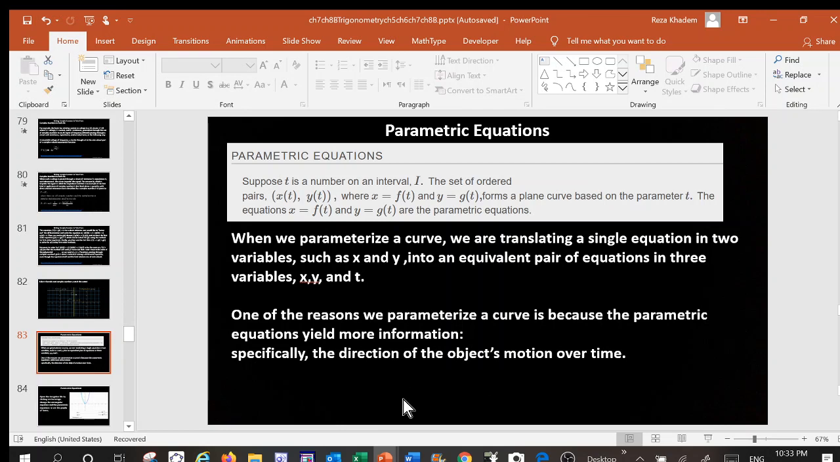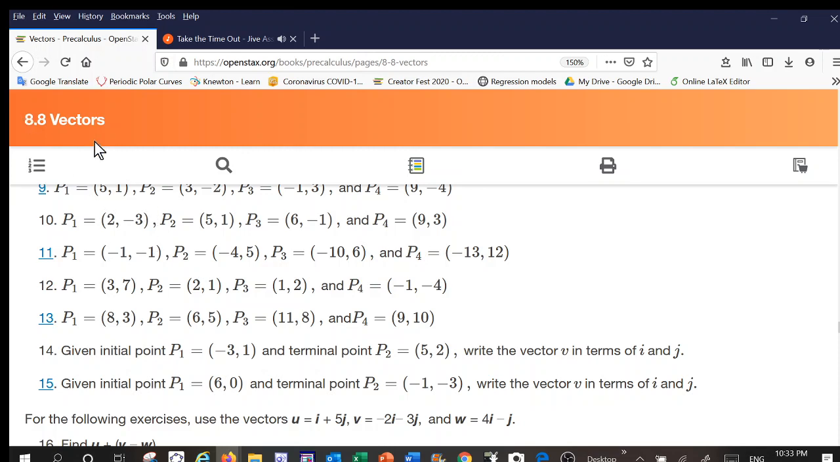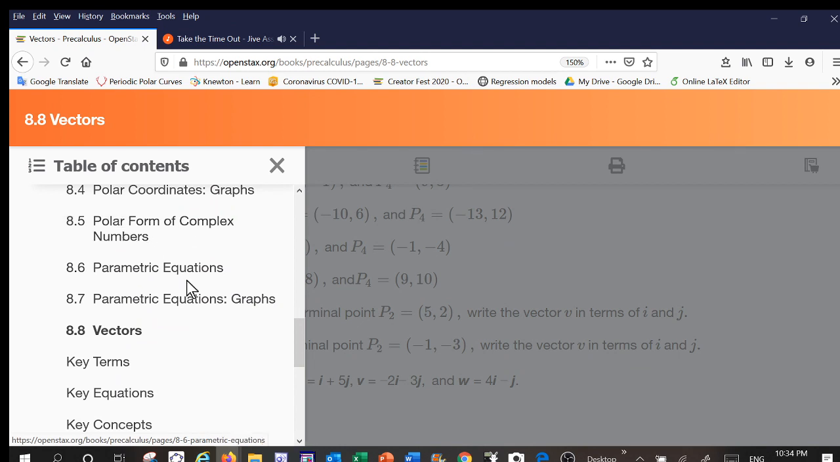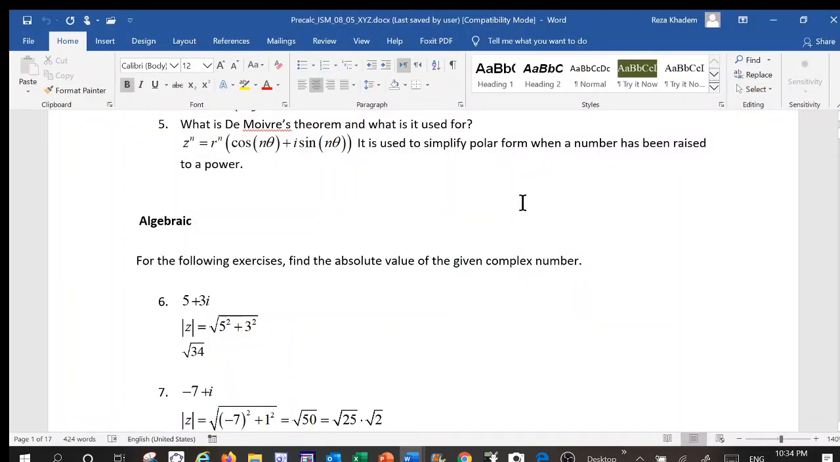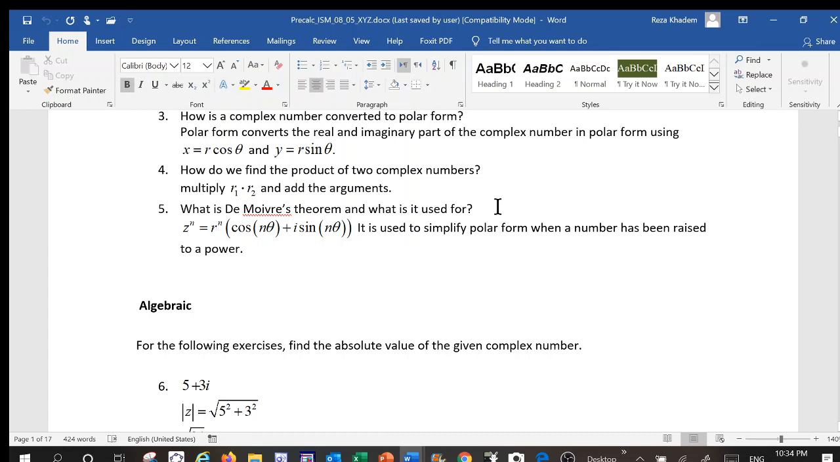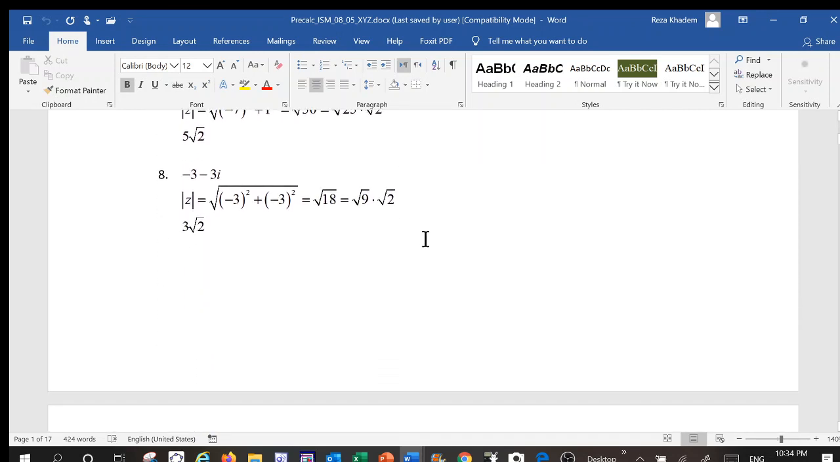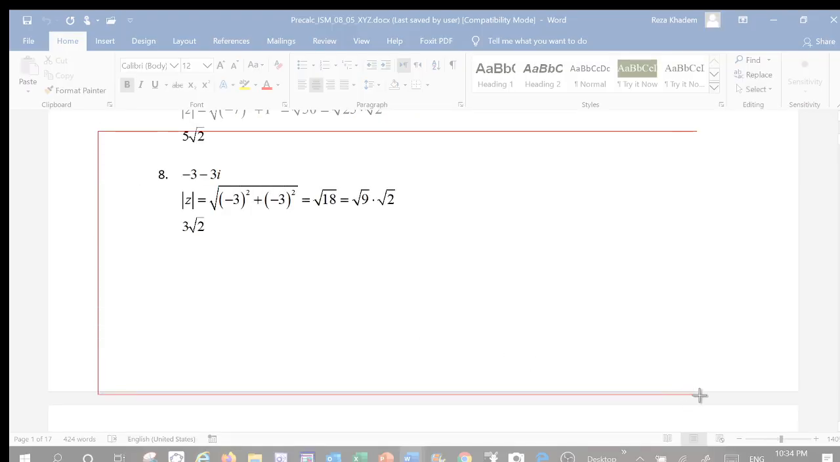So let's see. Polar form of complex numbers, 8.5. So here are a few examples from the exercises in the textbook, 8.5. It says, for the following exercises, find the absolute value of the given complex number. So let's do, for example, number 8, right? So in number 8, basically, the absolute value of this number,